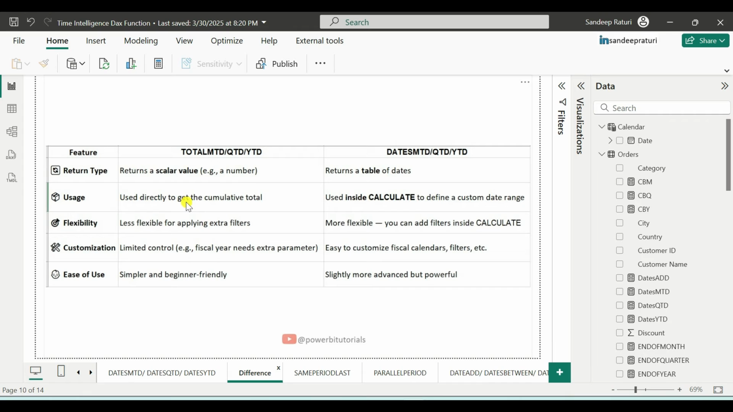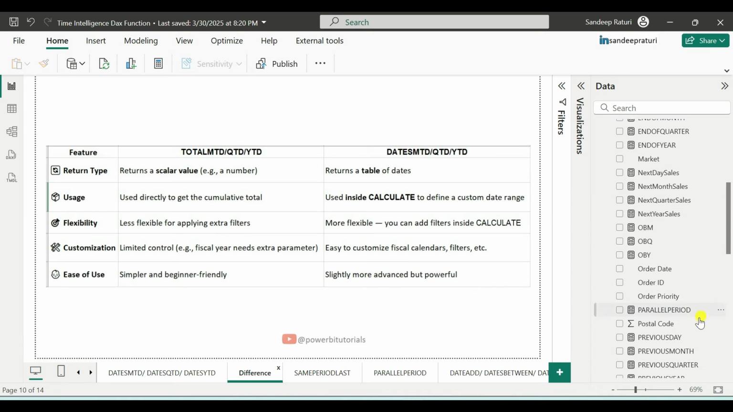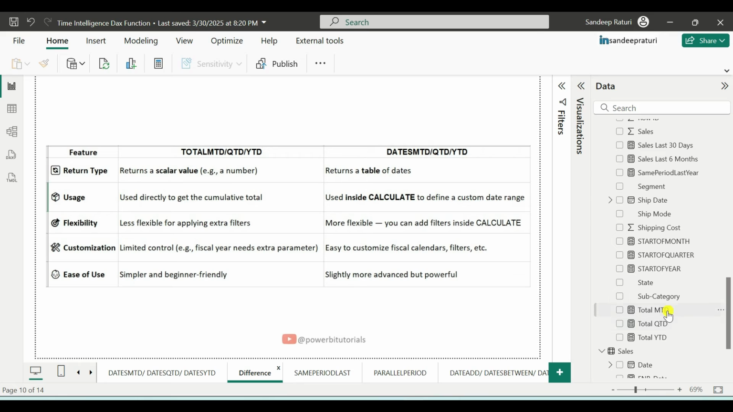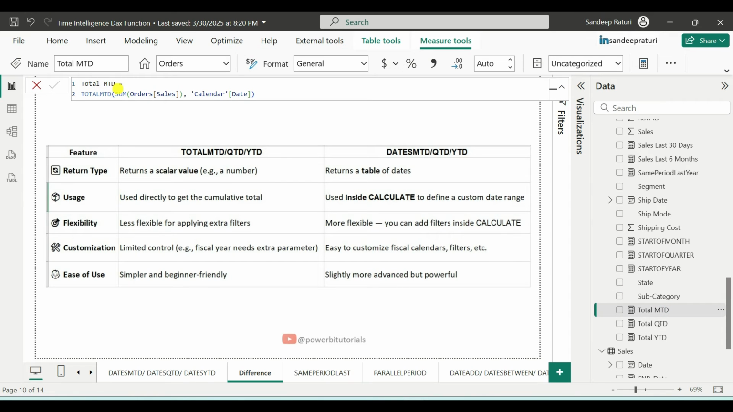And you can use the TOTALMTD, TOTALQTD and TOTALYTD DAX functions directly to calculate the cumulative totals. Let me show you the DAX code for TOTALMTD. Here you can see that the syntax for TOTALMTD, QTD and YTD is straightforward. Inside TOTALMTD, you just pass the sum of sales and the calendar date, and you will get the cumulative